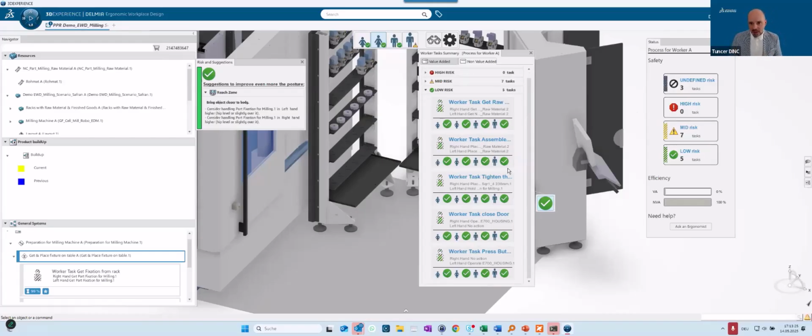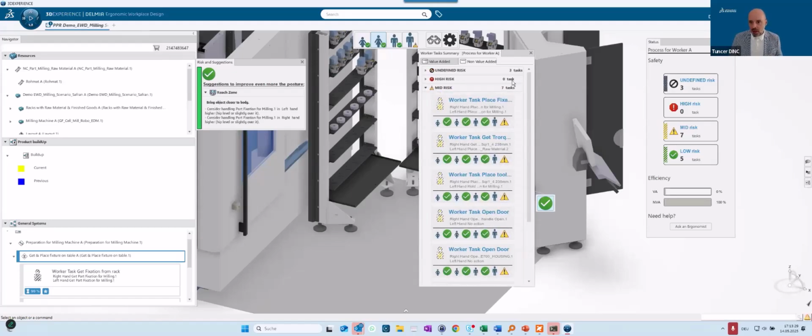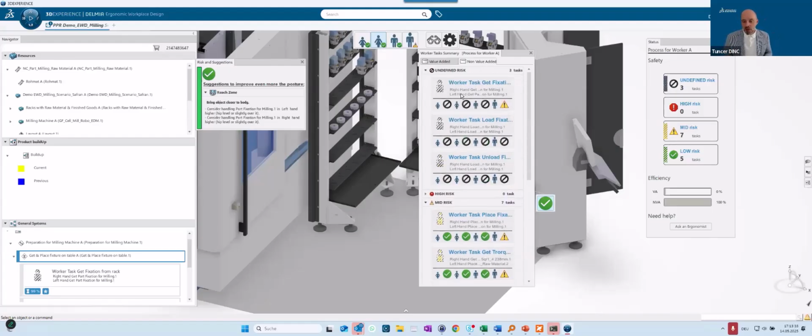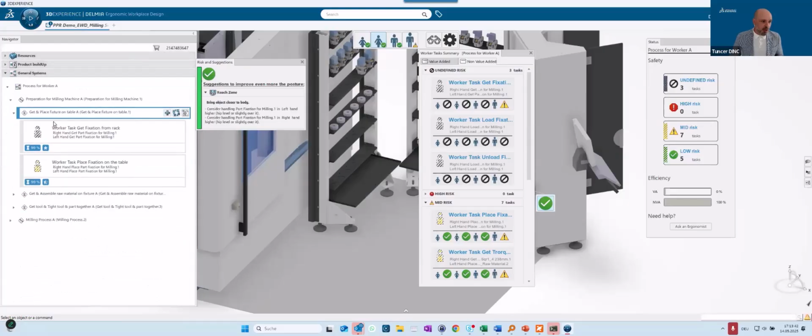So you see which tasks are without or low risk, and which tasks are with mid risk and so on, or high risk, or which ones we are not able to reach. This is also something you see easily in the process tree. When I collapse my product buildup and my resource structure, I see easily on the symbols or pictures that these are the tasks I need to redo, recalculate, and redefine